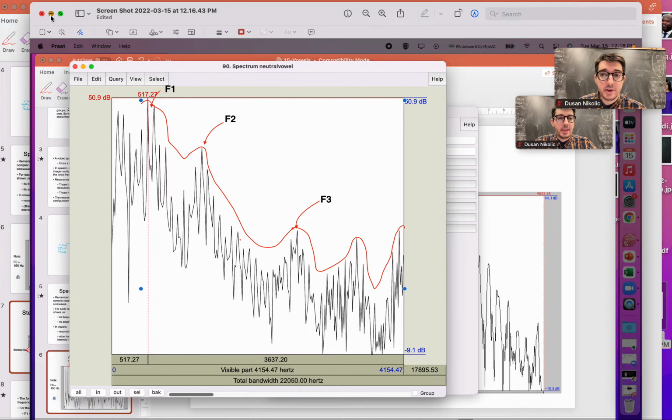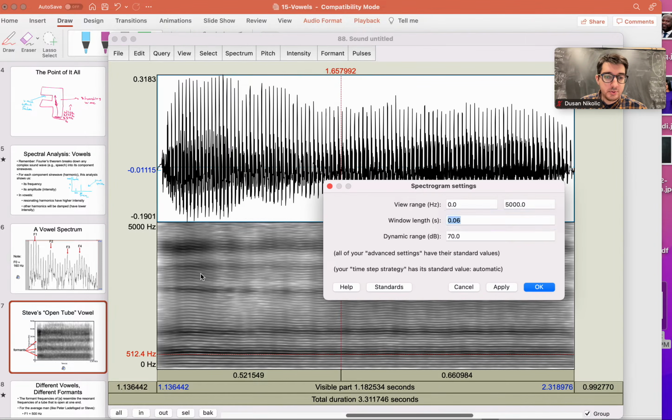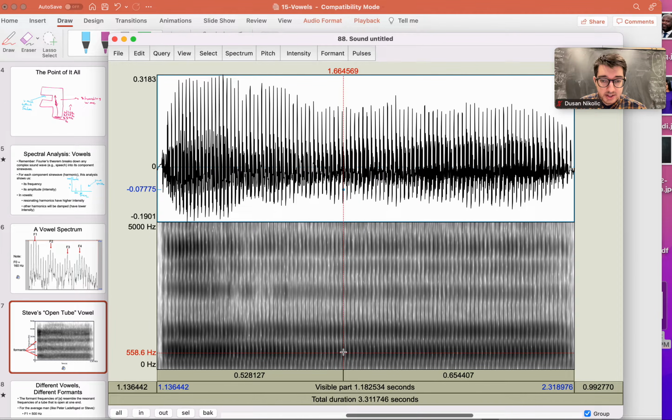At around 500 will be the first formant frequency, which is what it shows here, right? So these are the formant frequencies, and they are darker, right? I will now go back to my initial display because it's better for formant frequencies. What I'm going to do, and how to calculate these, is basically